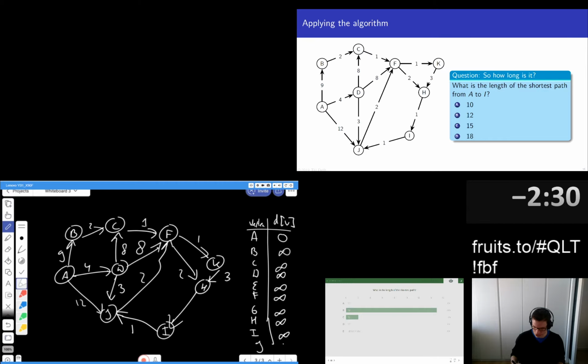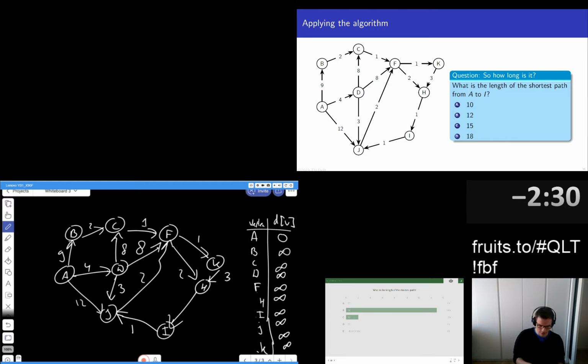Oh, there's also a node J. Oh, and there's no G. What did I do creating this? This should be a K. All right. Hang on. There's also no E, because E for edges and G for graph might get confusing. Right. So once more: F, H, I, J, K. Okay.